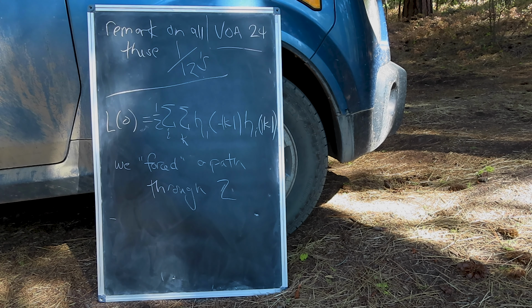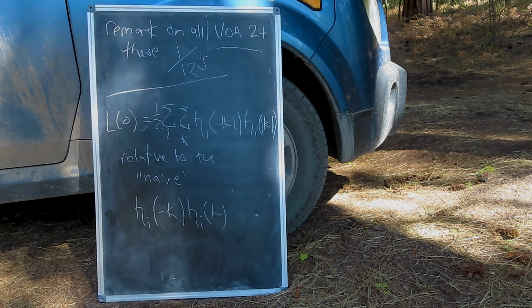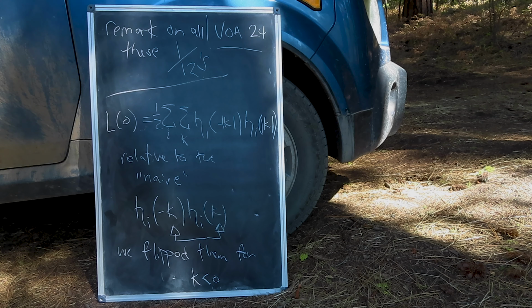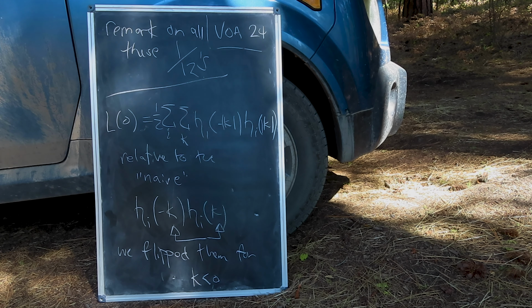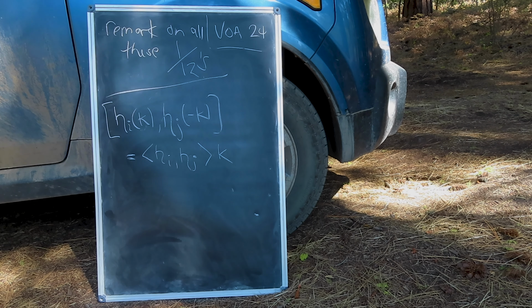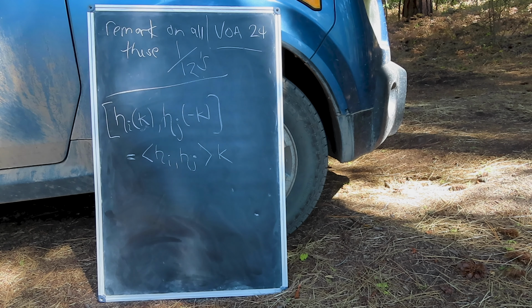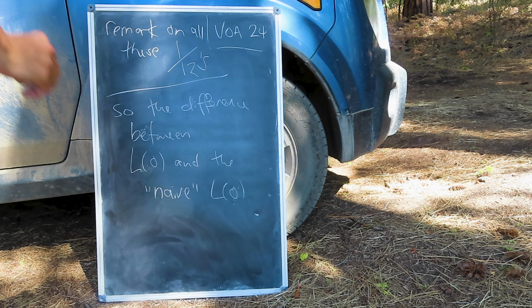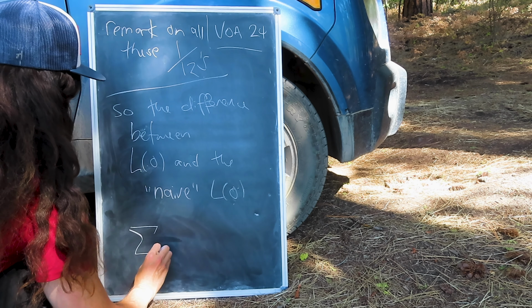Recall that the 0th Virasoro operator L of 0 has to be augmented from the naive L of 0 to ensure that the operator is well defined. We had to essentially pick an ordering and a route through the integers. Indeed, for negative k, we essentially flipped the order of the operators. Now, the commutator of h of k with h of minus k is actually equal to that integer k. So, essentially the difference between the well-defined L of 0 and the naive but unfortunately not well-defined L of 0